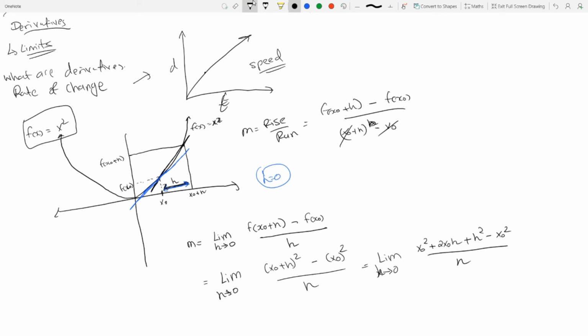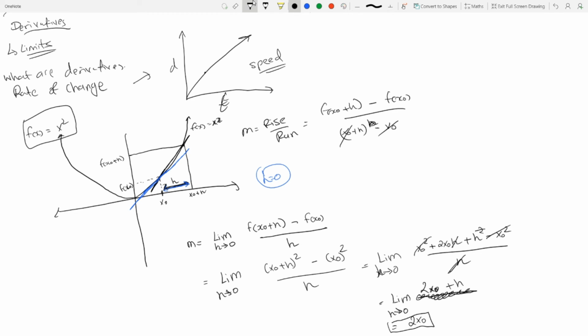All right, well, this and that cancel out, right? And this and this cancel out. So you're left with the limit as h approaches 0 of 2x naught plus h, right? And you substitute that in, which is equal to just 2x naught,